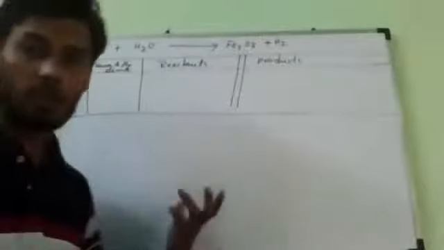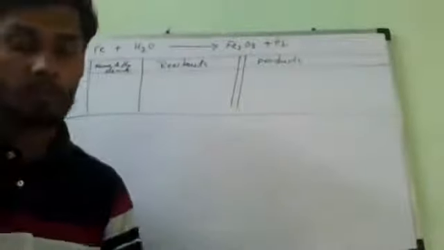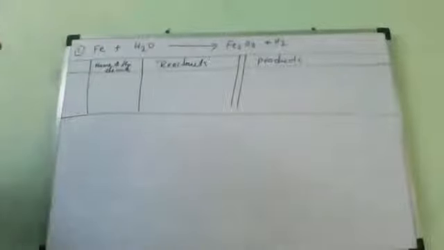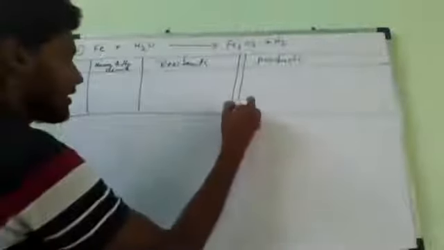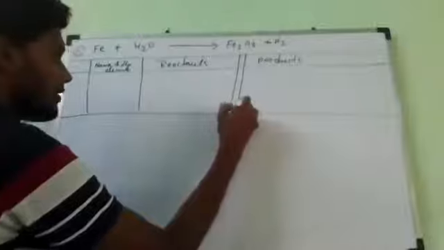So this is the tabular column which I have constructed. You construct neatly. My board is small, so I am constructing it small, but you people need to construct very big, not an issue. Now, what elements are present? Tell me, anybody? Arya, Dilipan? Sir, Fe, H2O, Fe2O3.